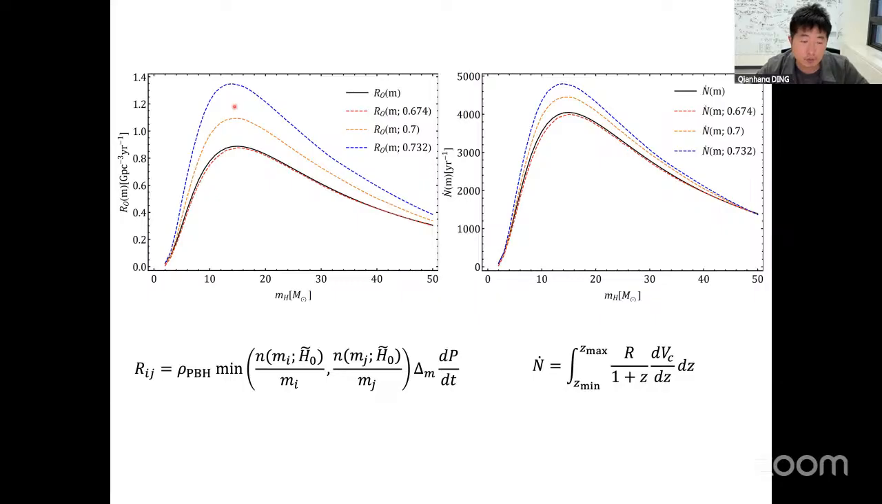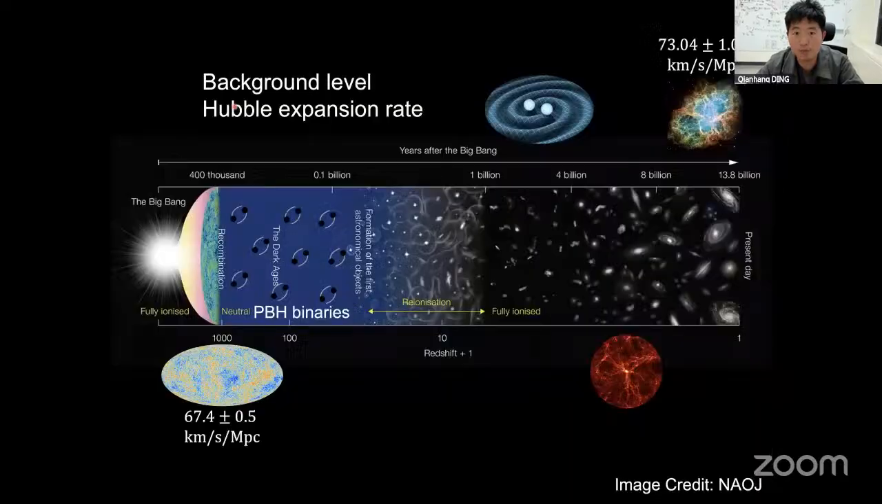Therefore, the PBH distribution is the observed value. So we can compare them to obtain the true value of the PBH mass function. This is basically how we use the PBH binary merger rate distribution as a method to probe the Hubble expansion rate, and the result may tell us the true value of the Hubble parameter